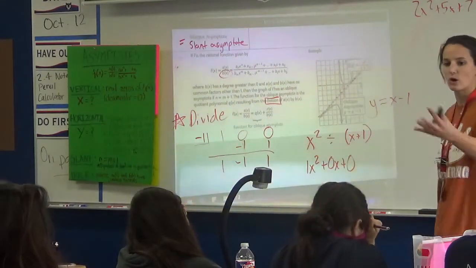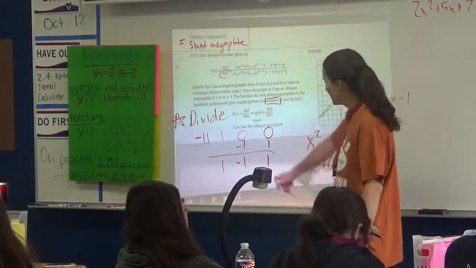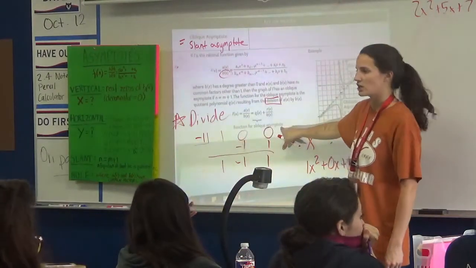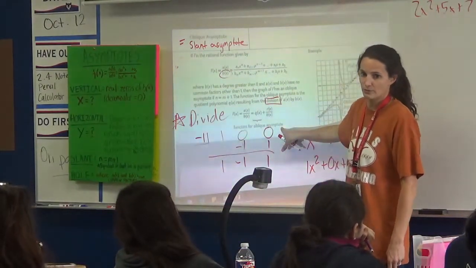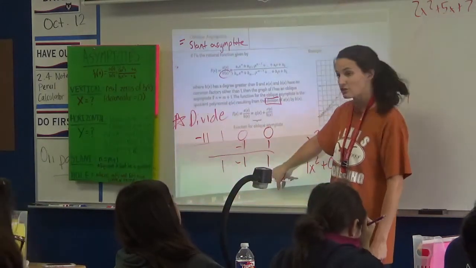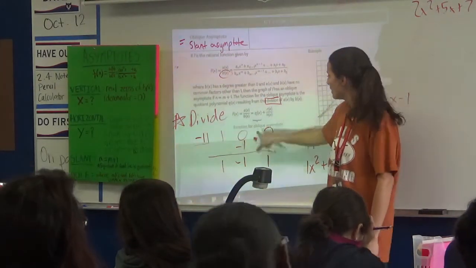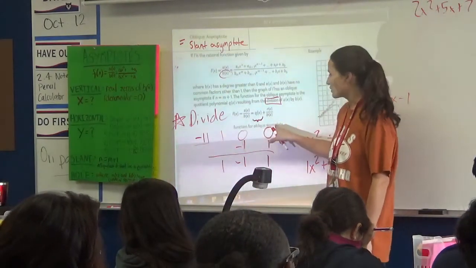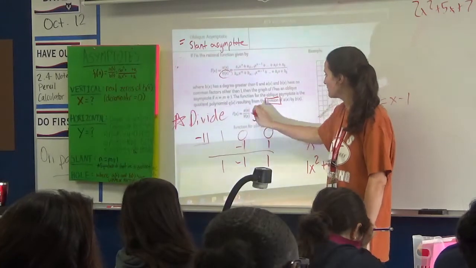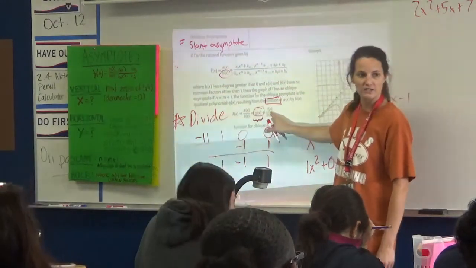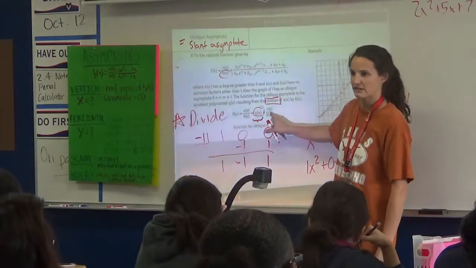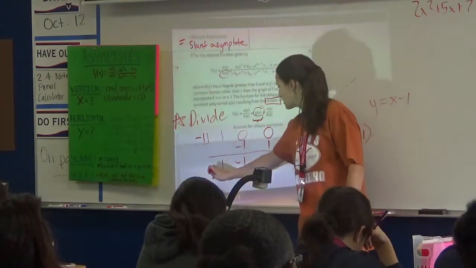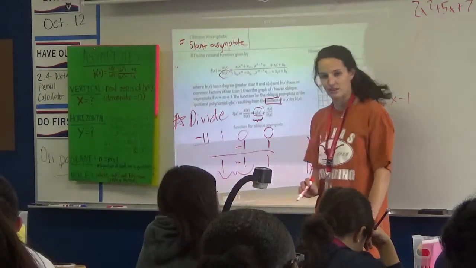So this is the quotient. Like Melanie said, we want to divide because it says that the quotient polynomial is the function for the oblique asymptote. Notice we also get a remainder. What's our remainder? 1. But if you look closely at their little explain section right here, the function from the oblique asymptote only comes from the quotient. This r of x, the little remainder, actually isn't going to be a part of our oblique asymptote. So the only part we care about is this part right here.